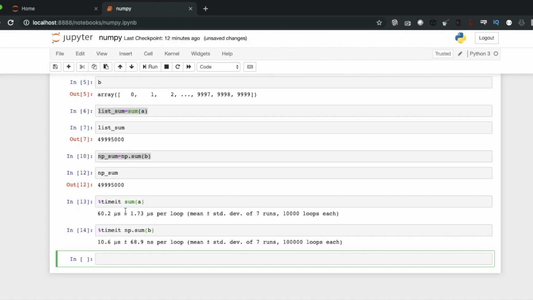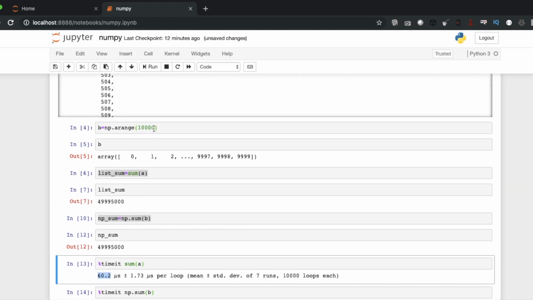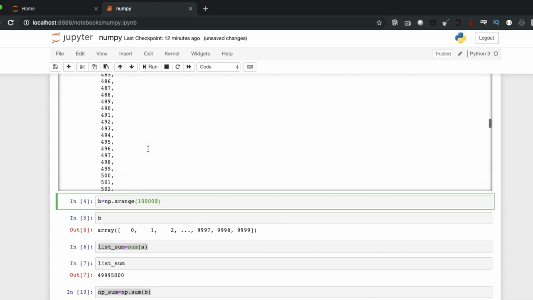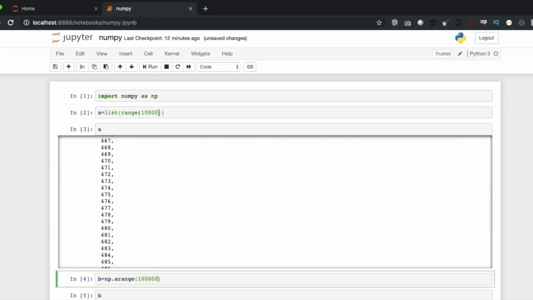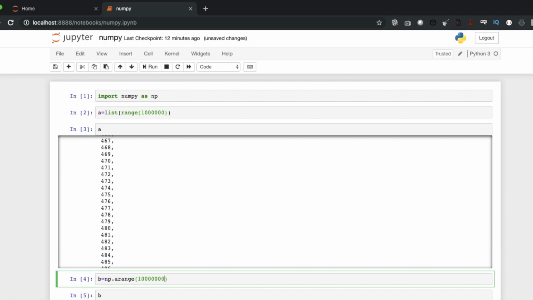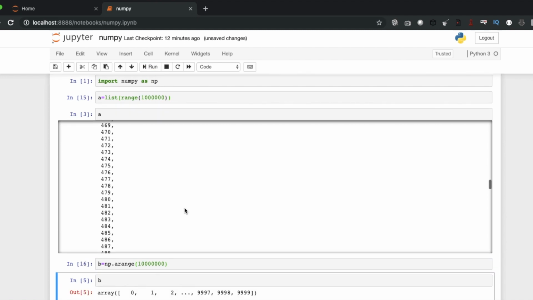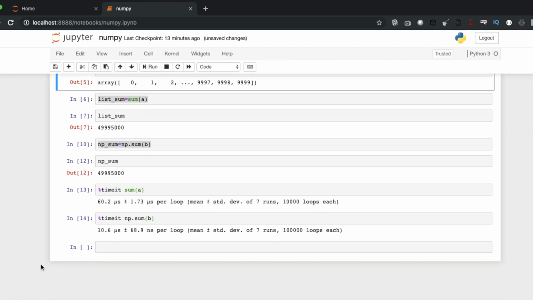See, it was almost 6 times slower when you are using list. So if you can understand, if you just increase your data size in the case of a real world example, then what is going to happen?